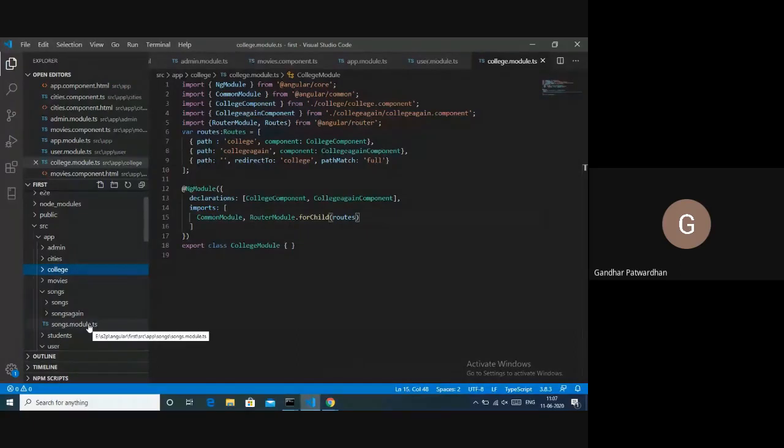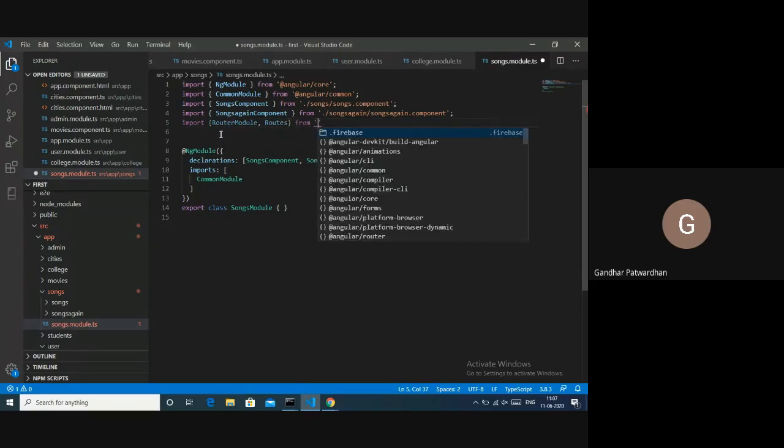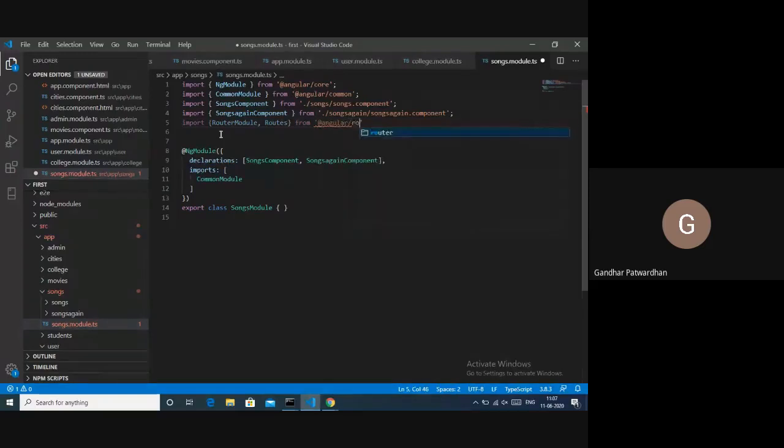Next, I'll similarly create routes for these. I'll say import RouterModule, Routes from @angular/router.